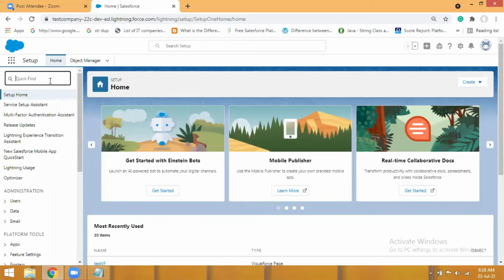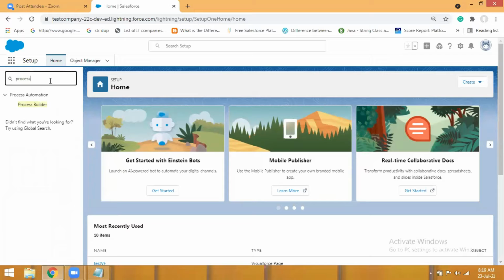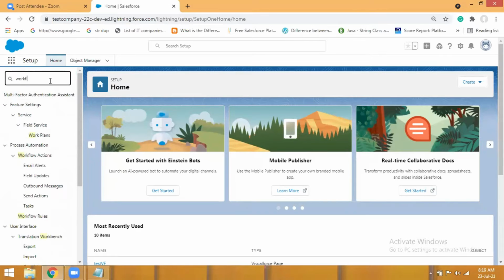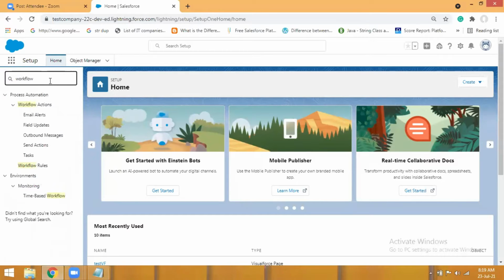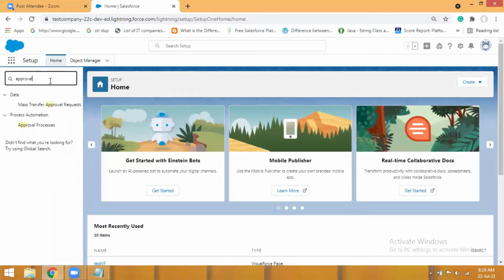So this is the setup menu where you can find all the point and click tools. There is Process Builder, which is one of the point and click tools. The second tool is called Workflows. There is one more tool called Flows. There is one more tool, Approvals.